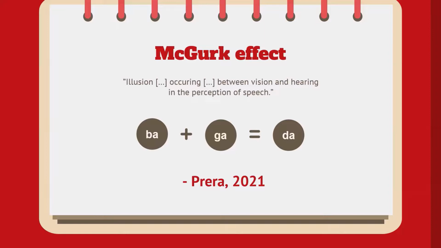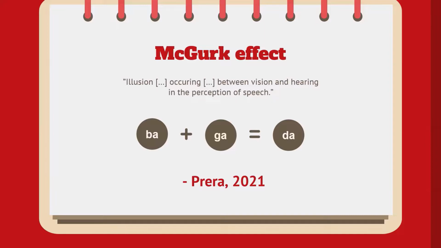But just to make it clear for everybody, I'm going to be honest with you, I don't even remember what their initial goal was. But what they did was that they had someone speaking, they recorded someone speaking syllables very, very clearly, and then they dubbed this person, and it was either congruent, so you could see the same syllable and hear the same syllable, or incongruent. So you could see a different syllable and hear something different, right? And what happened was, at the very beginning, I think they blamed their technician for this, saying that he must have dubbed one of the